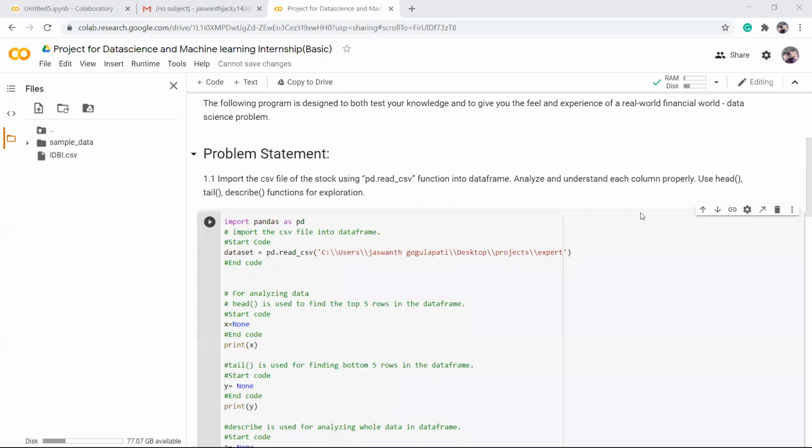There will be some MCQ exams. In Python we have given some, and similarly data science also will have some. Try to clear all those. Then that is where we will issue the internship certification.